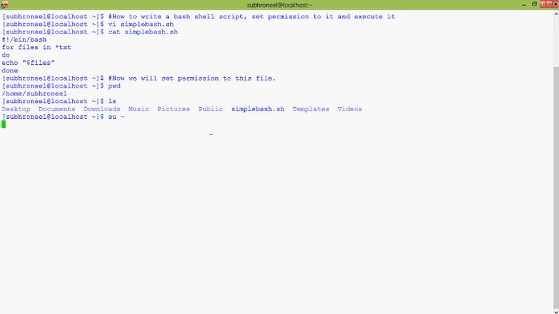Now we will change to super user. Now let us check what the present working directory is. It is /root. Now we will change the directory to /home/shubhranil, where the simple bash.sh file is actually located.